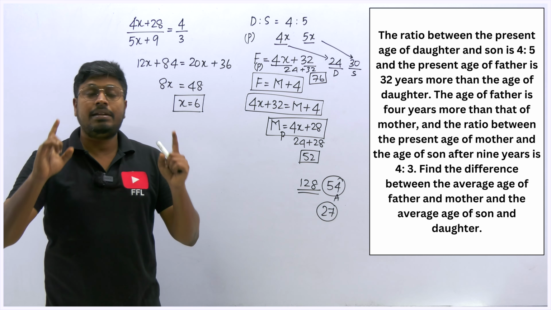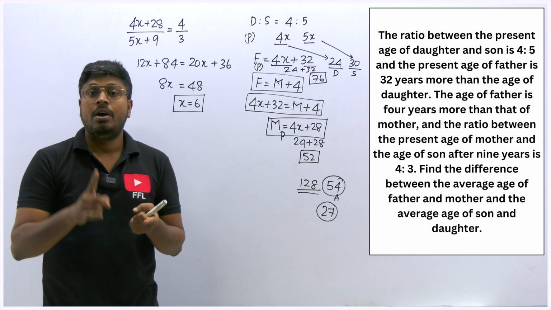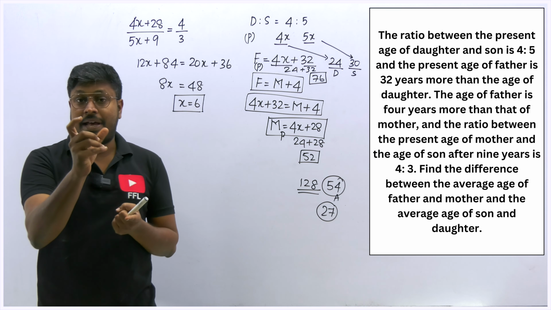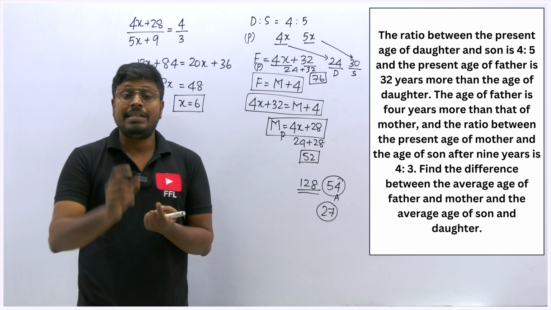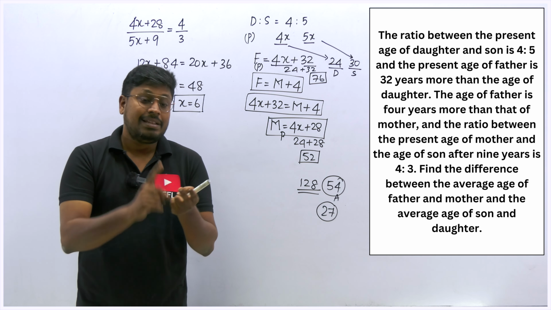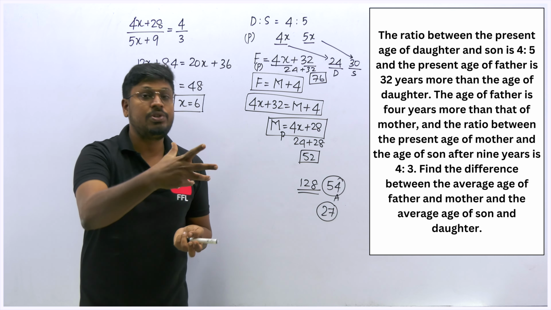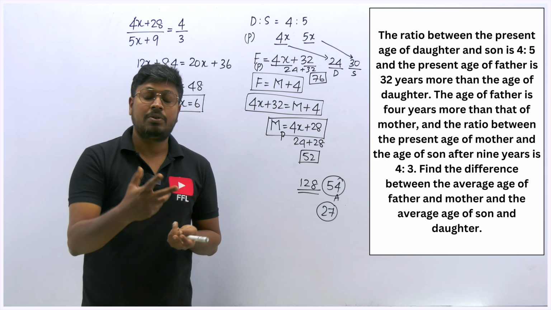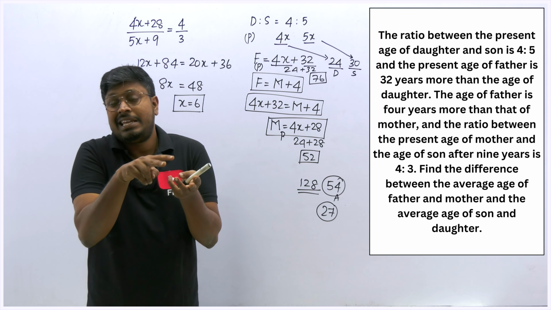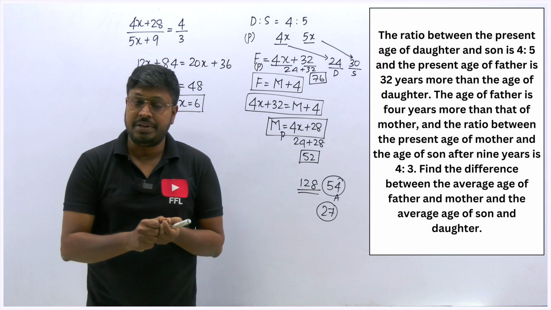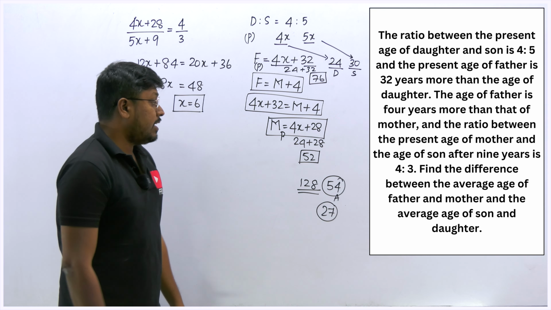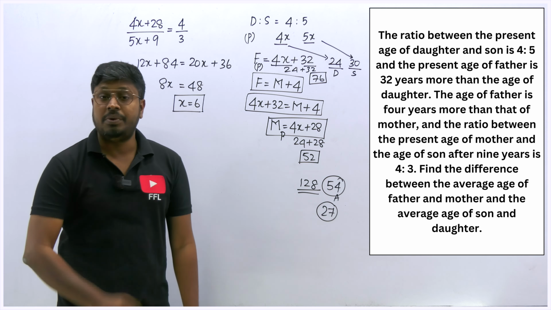So remember one thing, the clues will be there in the question. On average, if an average value has been given in the question, that will be the main clue, or else if a percentage value has been given, that can be one clue, or else if any ratio value has been given, that can be the clue. So by using these three important points in the question, you can easily frame and equate the equation. So finally, 27 is the answer for the first question.